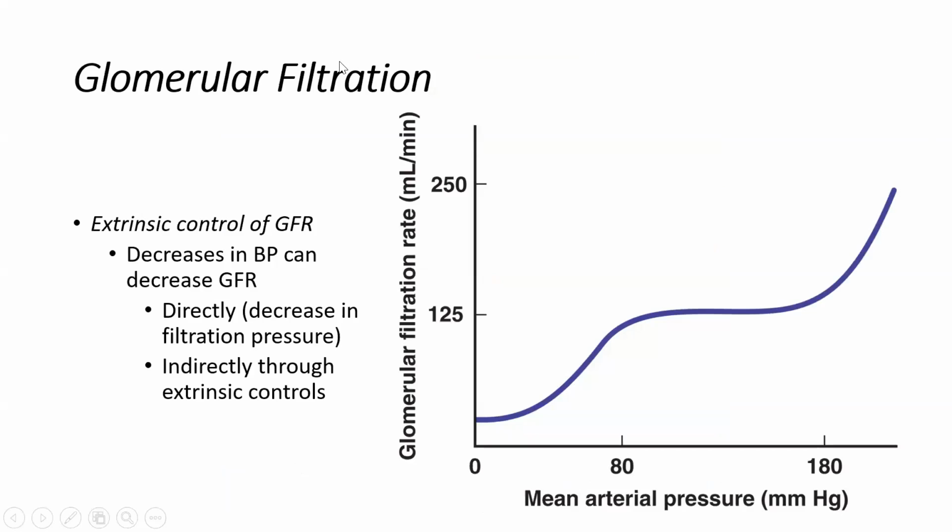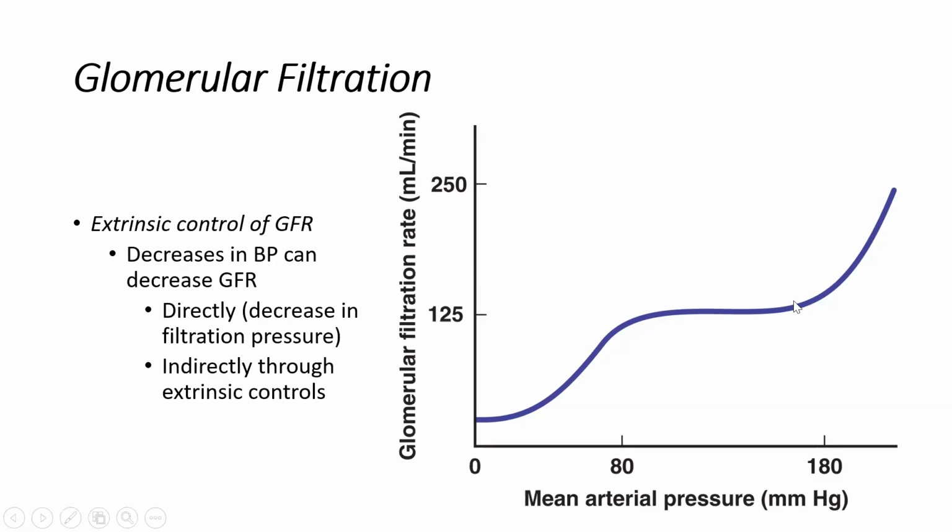Those were the intrinsic mechanisms of regulating GFR. Let's talk here about the extrinsic control of GFR. So on your graph, I want you to make a note that when we speak about the intrinsic mechanisms, we're really speaking about keeping GFR at 125 as long as mean arterial pressure is in this window of 80 to 180. So you can go ahead and write the intrinsic mechanisms, which are the three mechanisms that we just talked about, within this window.